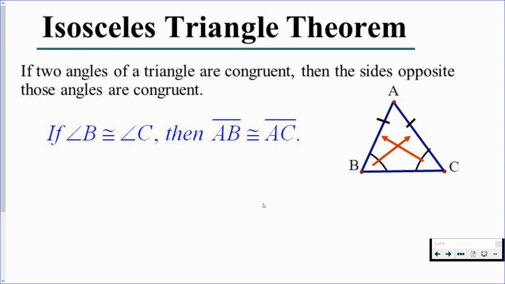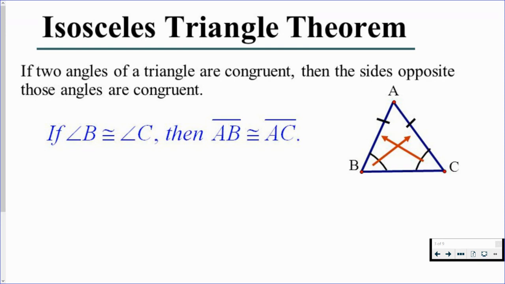So taking a look at this triangle here, we have the two sides AB and AC marked congruent. That's what those dashes mean. And then I've drawn arrows here to show you that the angles opposite those are the ones that are congruent. Angles B and C would be congruent angles. So the measure of angle B and C would be congruent, and side AB and AC would be congruent to